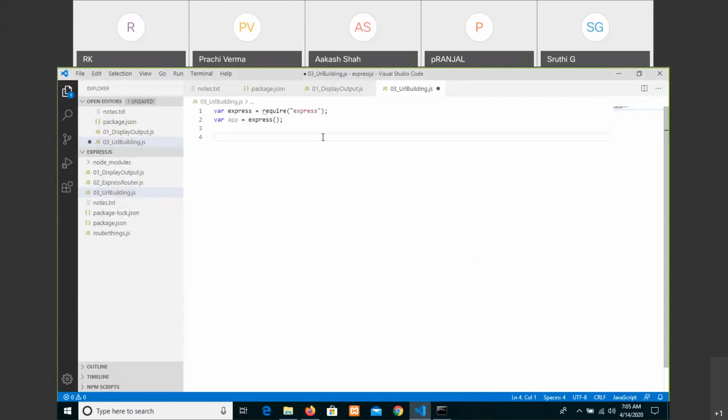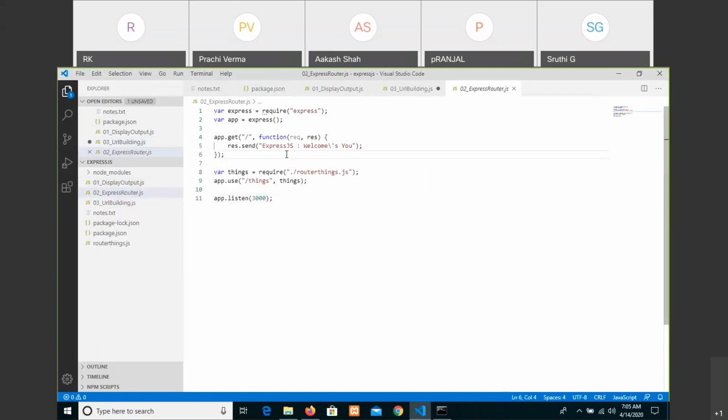And then same app.listen of 3000. And then now, okay, let me even copy the home page URL also, so that as soon as you open a website or web application, the default one has to open.